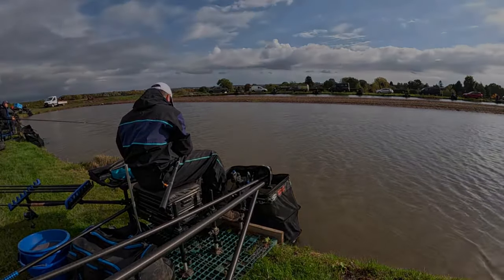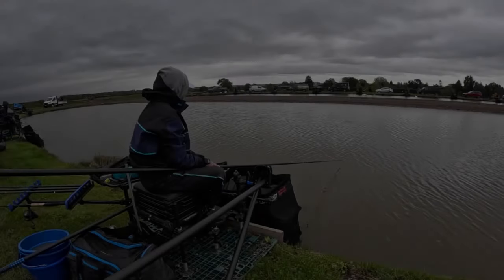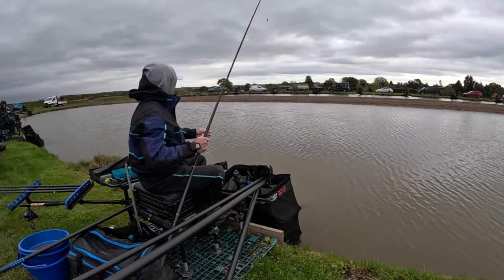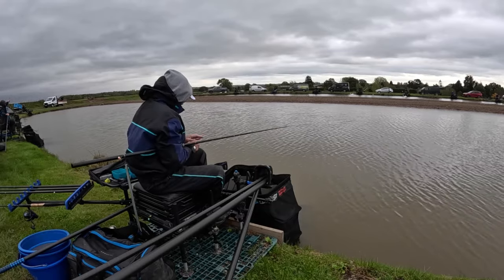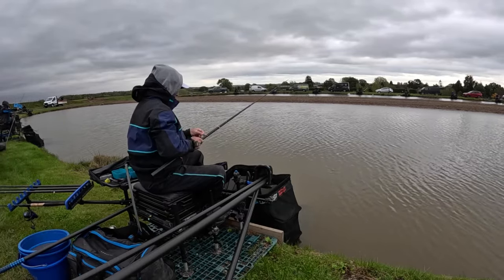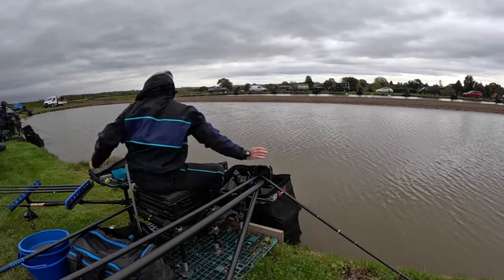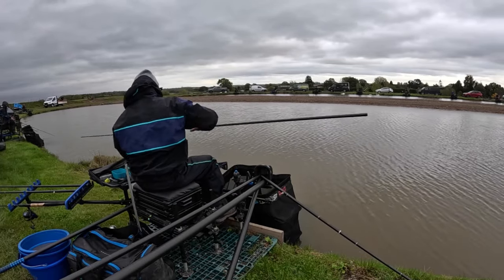So the weather just kept changing. 1 minute the sun was out, then it came cloudy, and you can see my hood is now up, and it actually went quite cold. But at this point, I think it was probably about 5 minutes after that last carp, and I had to change something. So potting out,